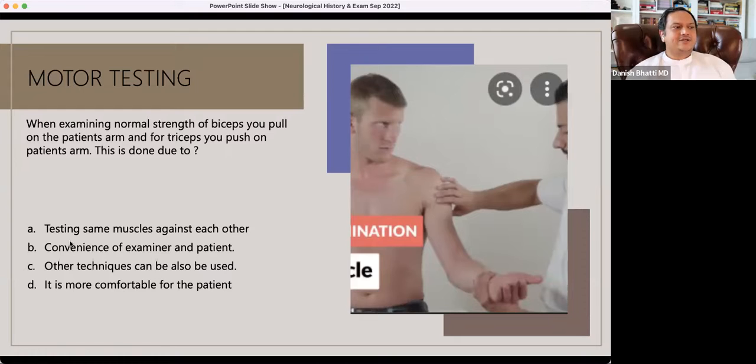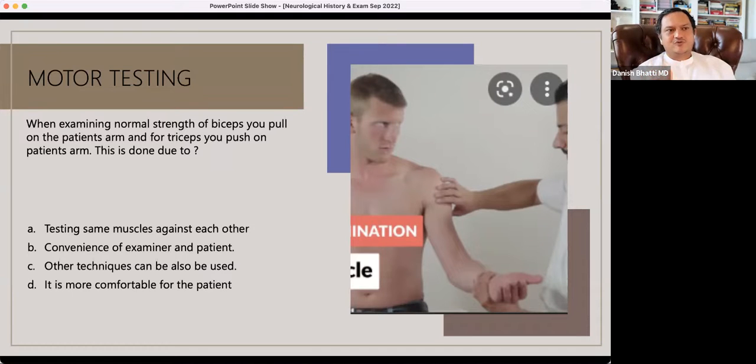And the right answer is that in the upper extremity, you should test with your same muscle against the patient's same muscle. So if you're testing the patient's elbow flexion, which is called biceps, but it's more than biceps, you should use your elbow flexion to fight against the patient's elbow flexion. Similarly, if you're testing for elbow extension, you should use your elbow extension to test against the patient's elbow extension. So you're always trying to match your strength with the patient to try to find that subtle difference of weakness,